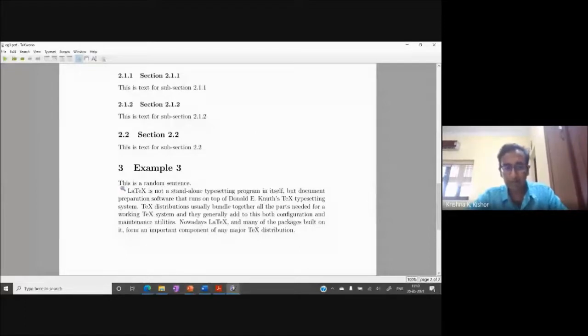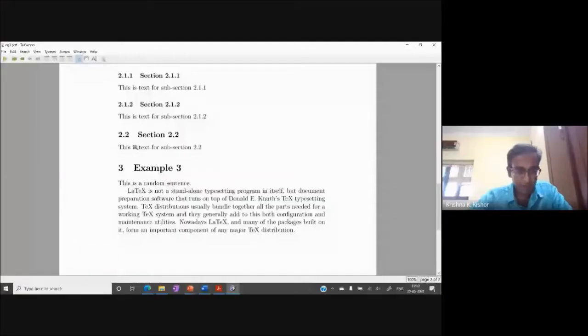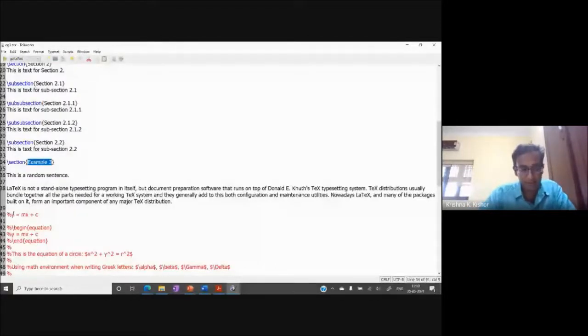Right now what we have is called text mode. We have not used anything in math mode yet. So let's go on to math mode, math mode versus text mode. Let's go back to the code, and I'm going to write my first equation. I'm going to write one equation in the regular text mode, the equation of a straight line, y equals mx plus c. And I'm also going to write an equation in math mode.